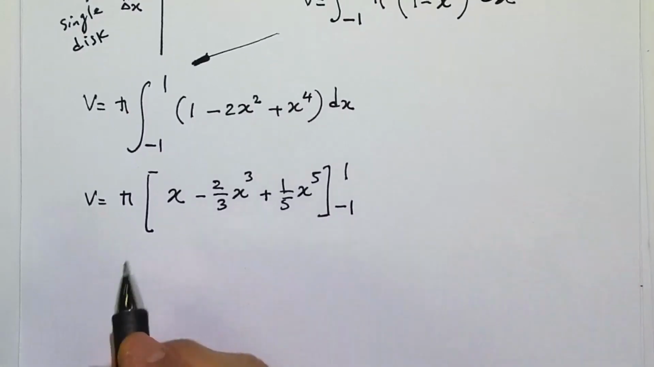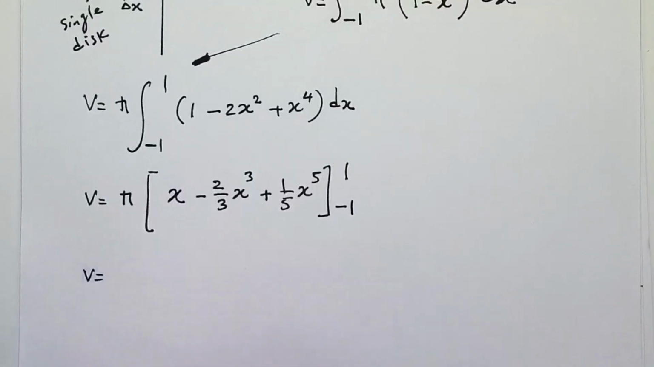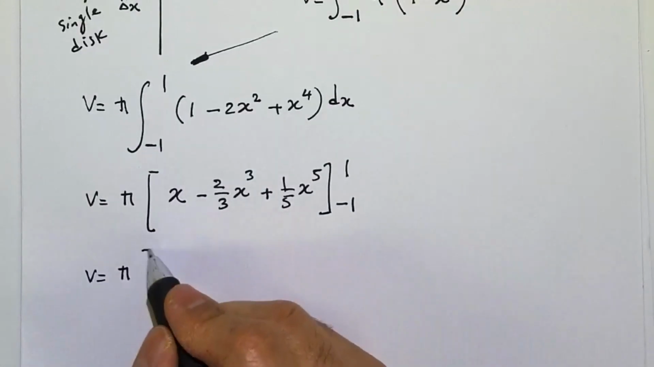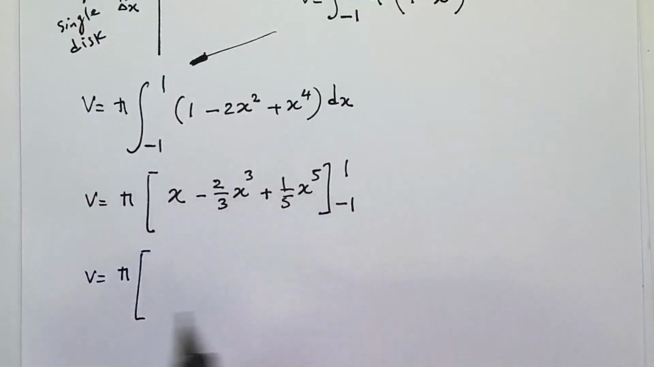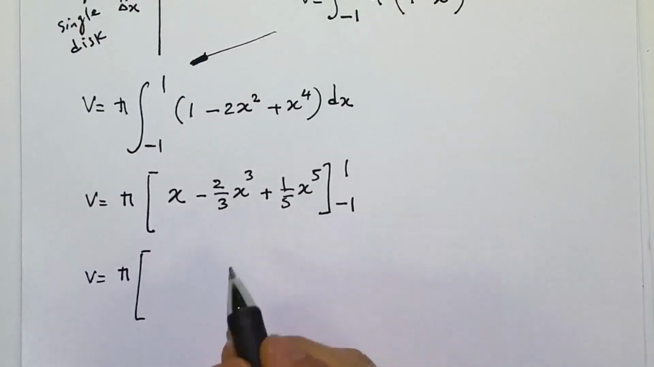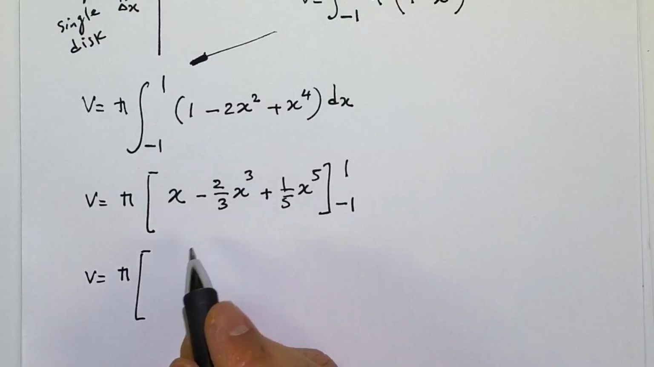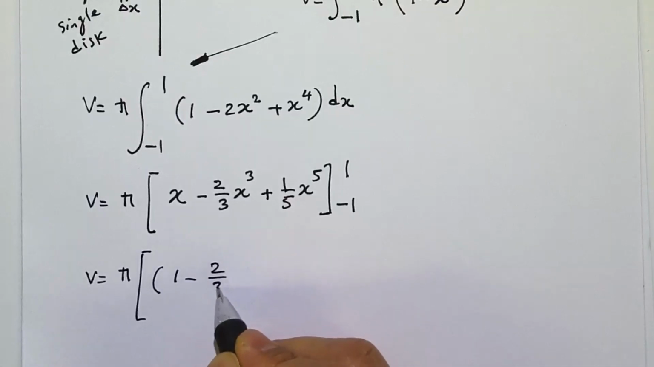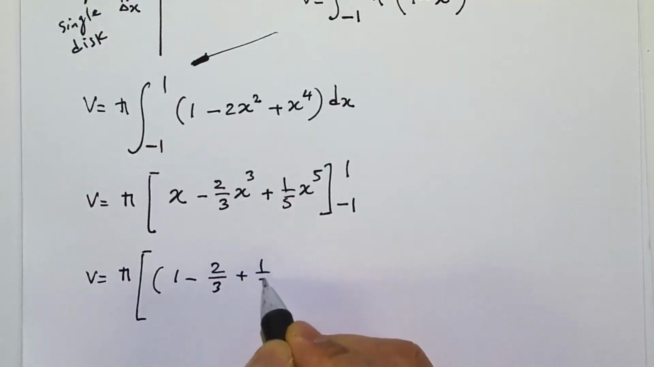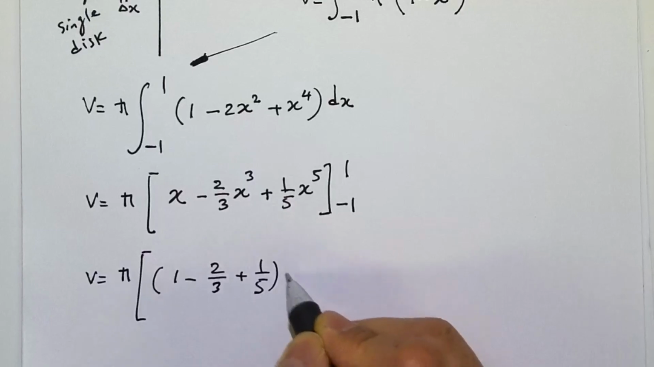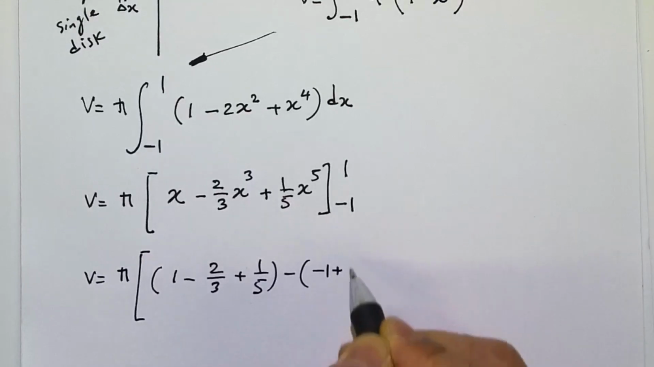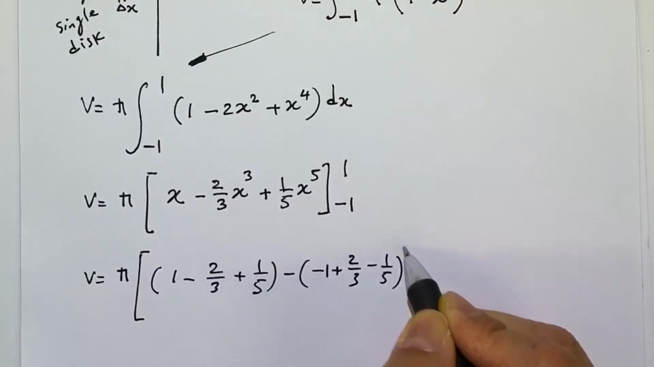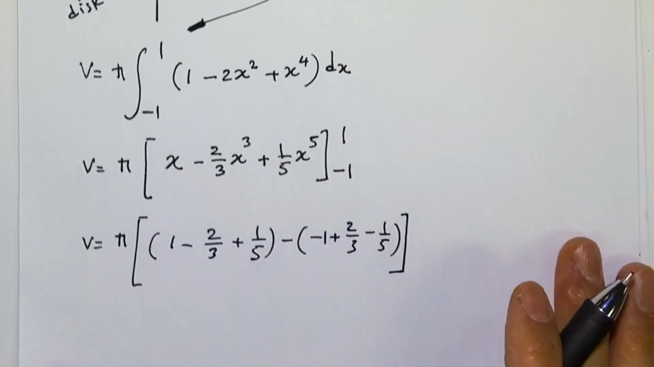And then I hope you did this, you paused the video and went through all the solution on your own, and you're comparing your work with this. But this is what I got. I got 1 minus 2/3 plus 1/5 minus 1 plus 2/3 minus 1/5. And then of course this is,